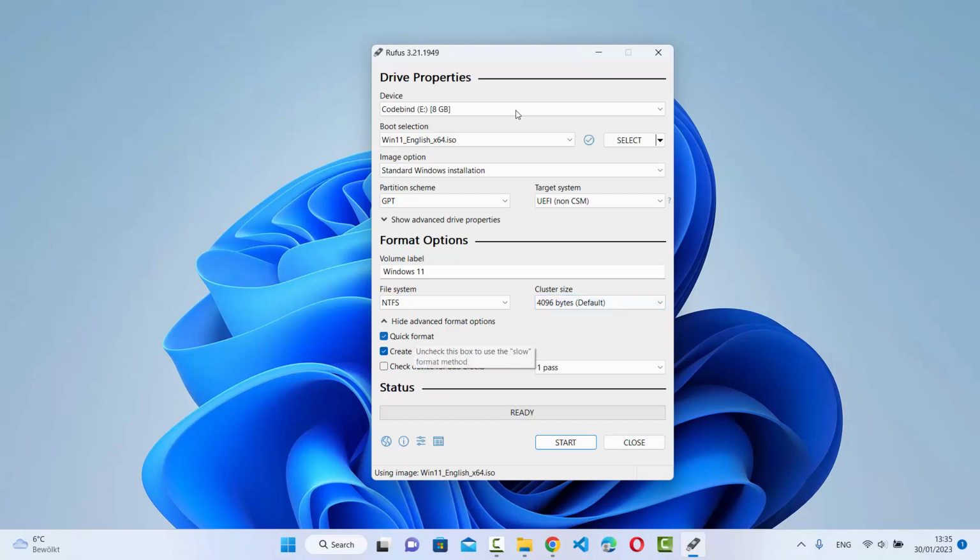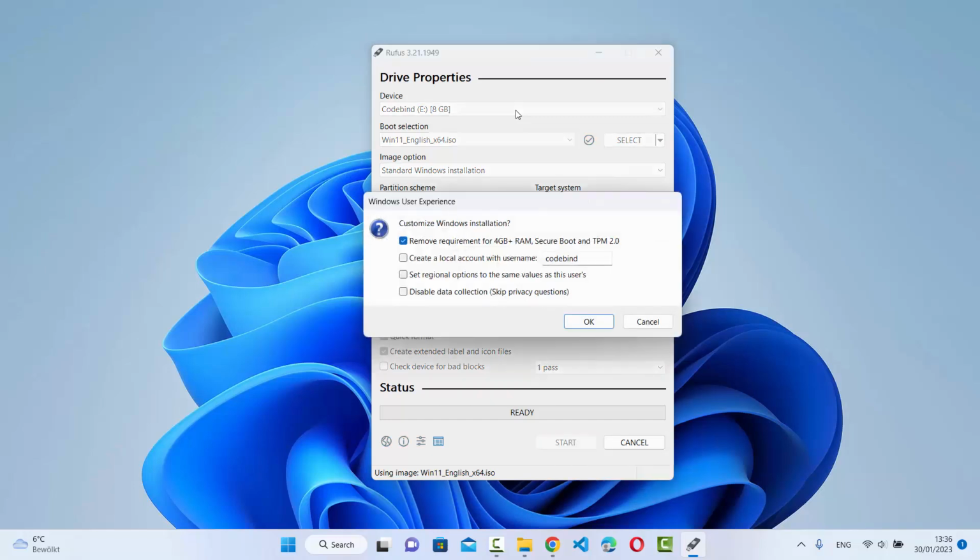And then here you can see quick format. As I mentioned, it's going to format the USB drive first. So whatever data you have, better make sure that you have a backup of that data, otherwise the data will be formatted. Then you can simply click on the start button, which is going to give you this kind of warning: